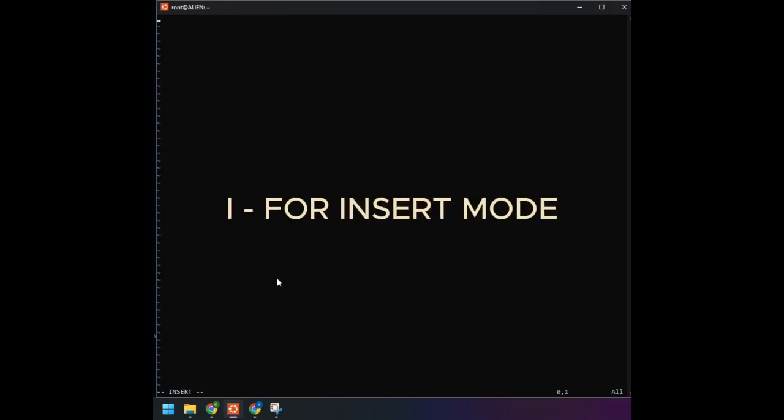So here is how to switch. If you want to go to insert mode, you just have to press I, and you see down here it has changed quickly to insert. When it's turned to insert, you can type anything there. So I'll type comment